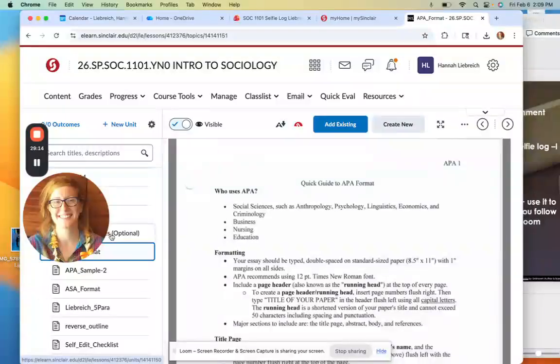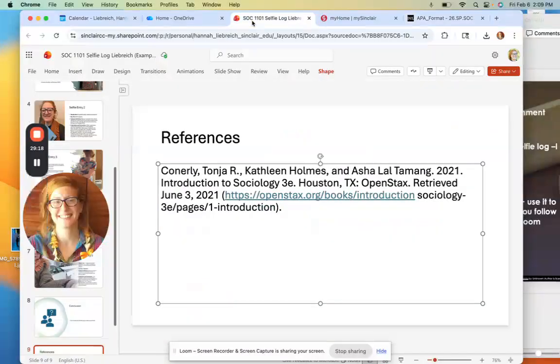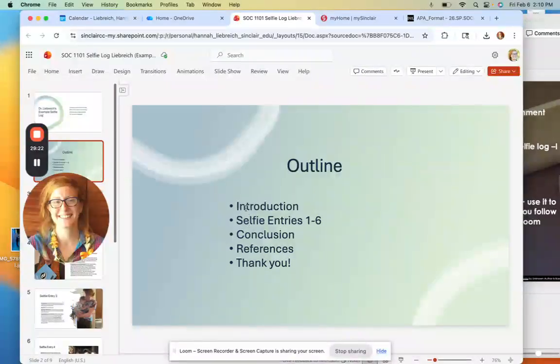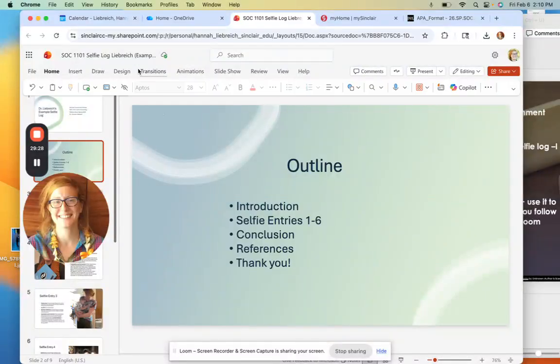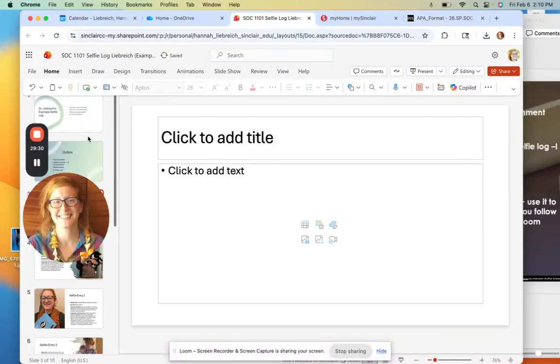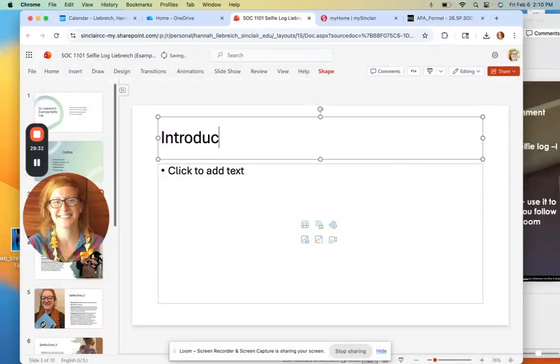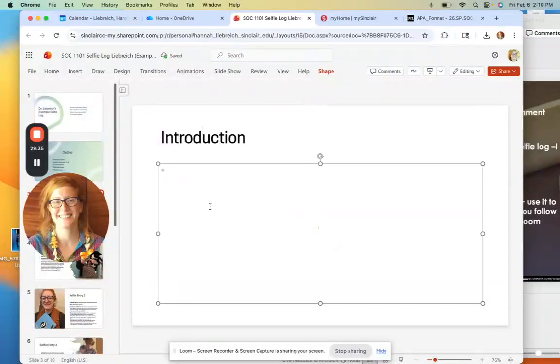I would probably also add an intro slide. I did not think to add that to the assignment rubric and checklist, but you can see I have an entry here, an introduction bullet here. I would probably go ahead and do an introduction. And here just talk about the assignment,